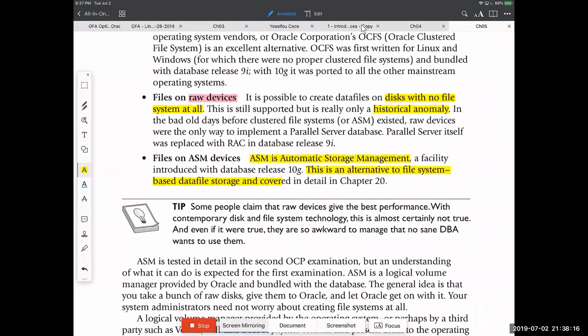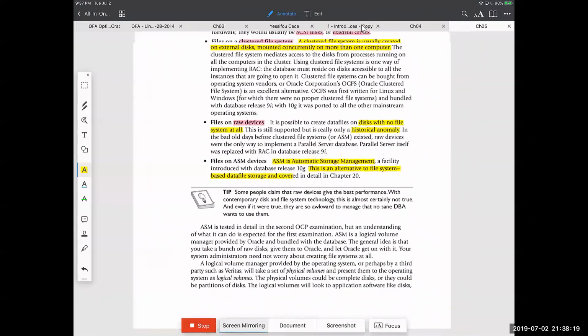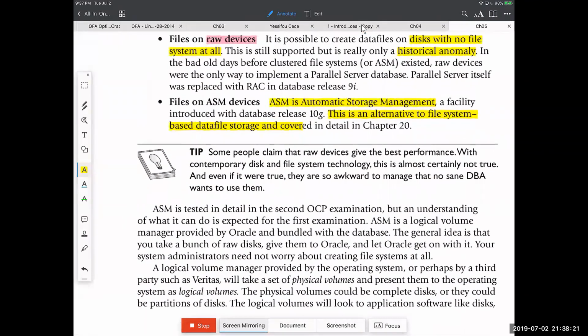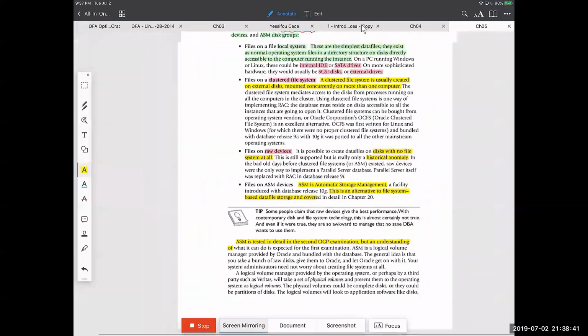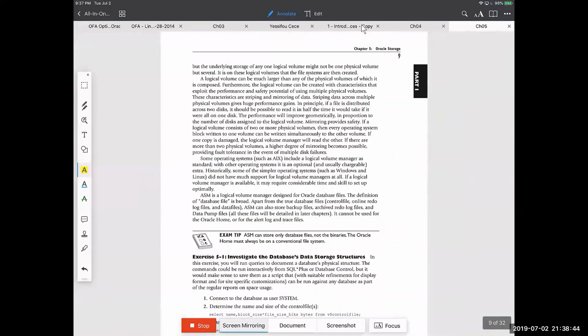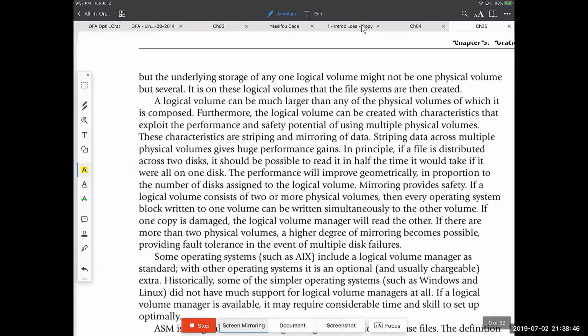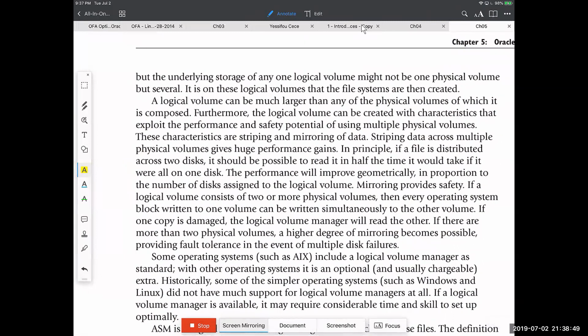I hate this little section, but okay, let's see the next thing. ASM is tested in detail in the second exam. So they even test this just in OCP. We're not going to deal with it now. We're going to see ASM, but it's above the scope of your class. But we will do it when we get to our boot camp, because by the time we go to boot camp, the assumption is you have your OCA, so we're doing higher Oracle at that point. Let's go to the next page,